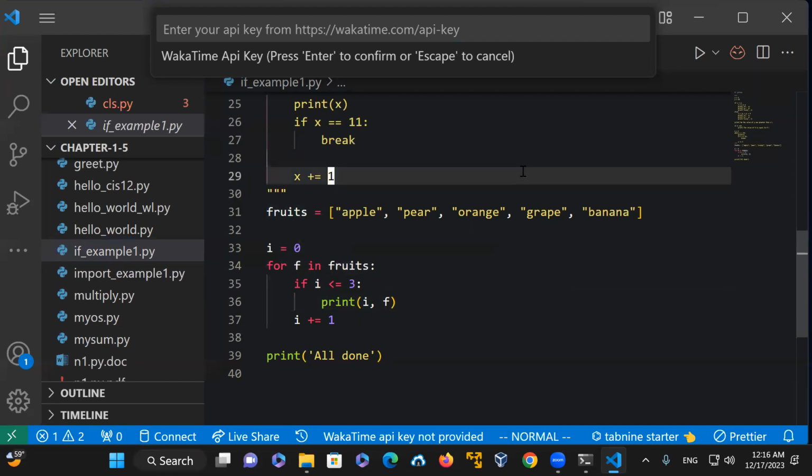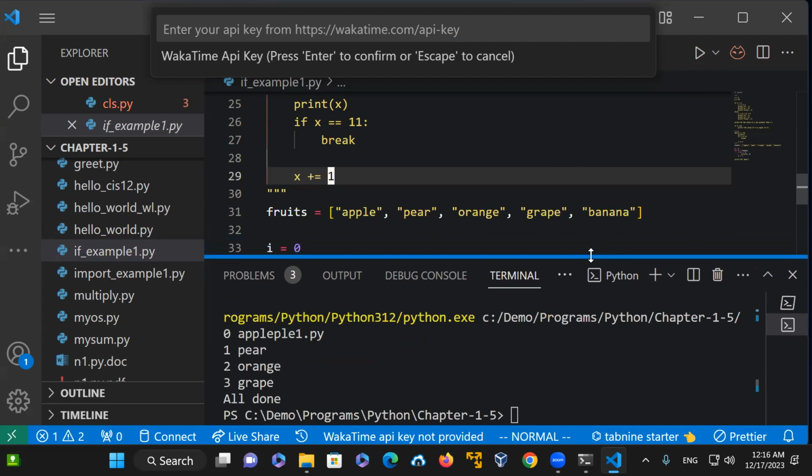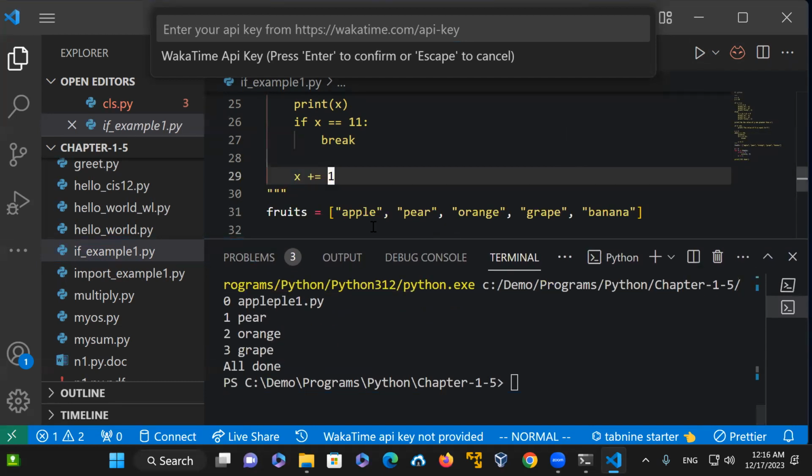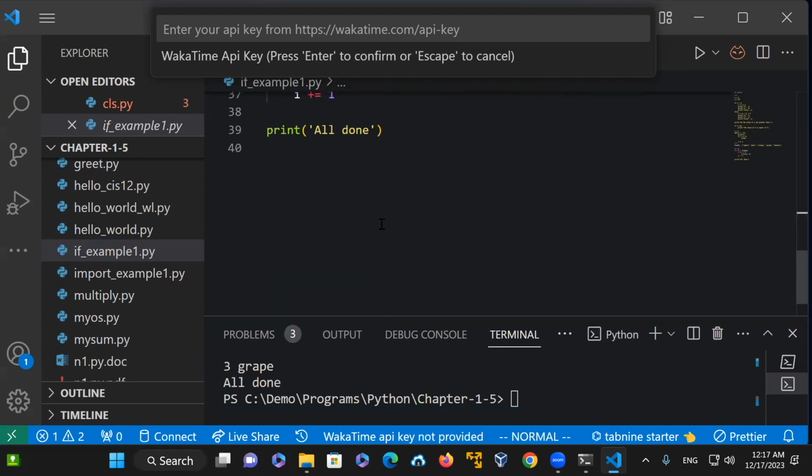Let's see if we can get the output of it. See what it says right here. Just looking at the fruit name, you can see 0, 1, 2, and then that will print up to grape. But banana is skipped because of the syntax we provided on the if statement. We say if item is